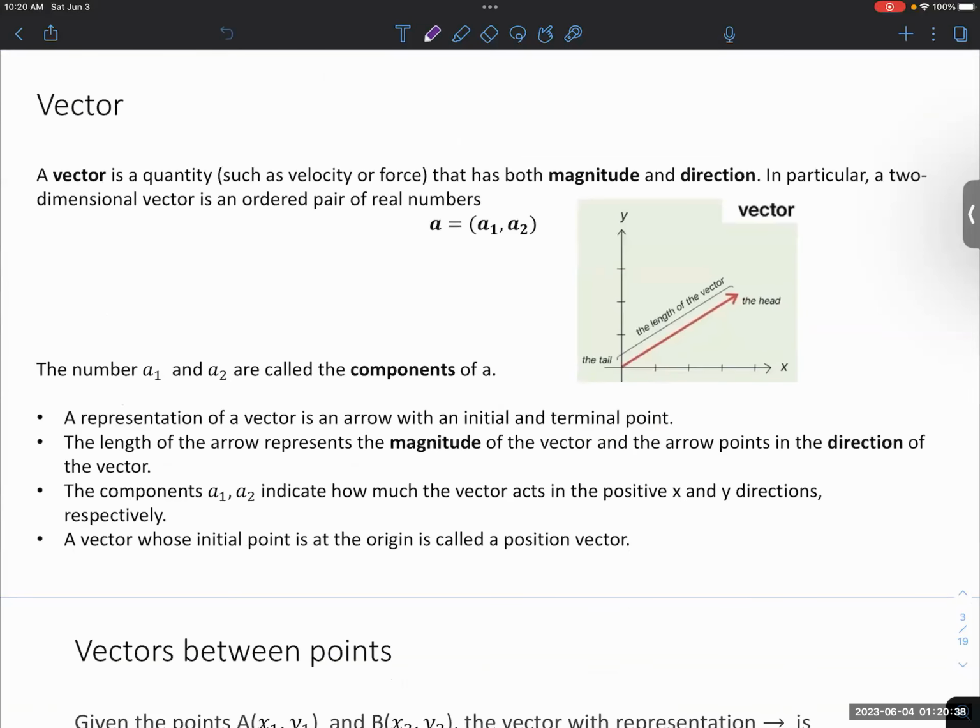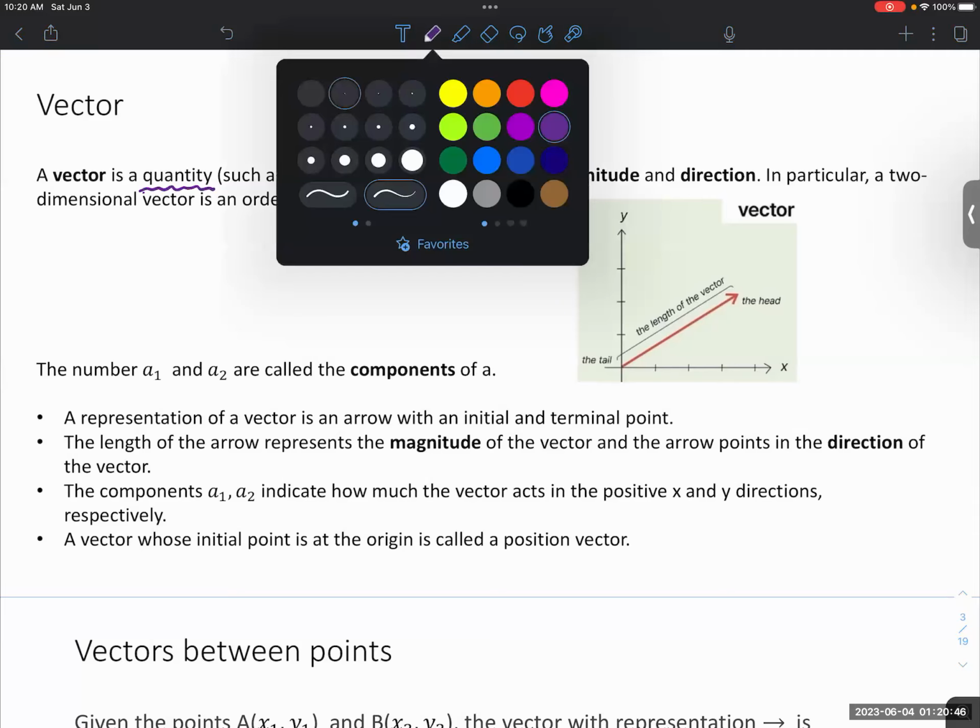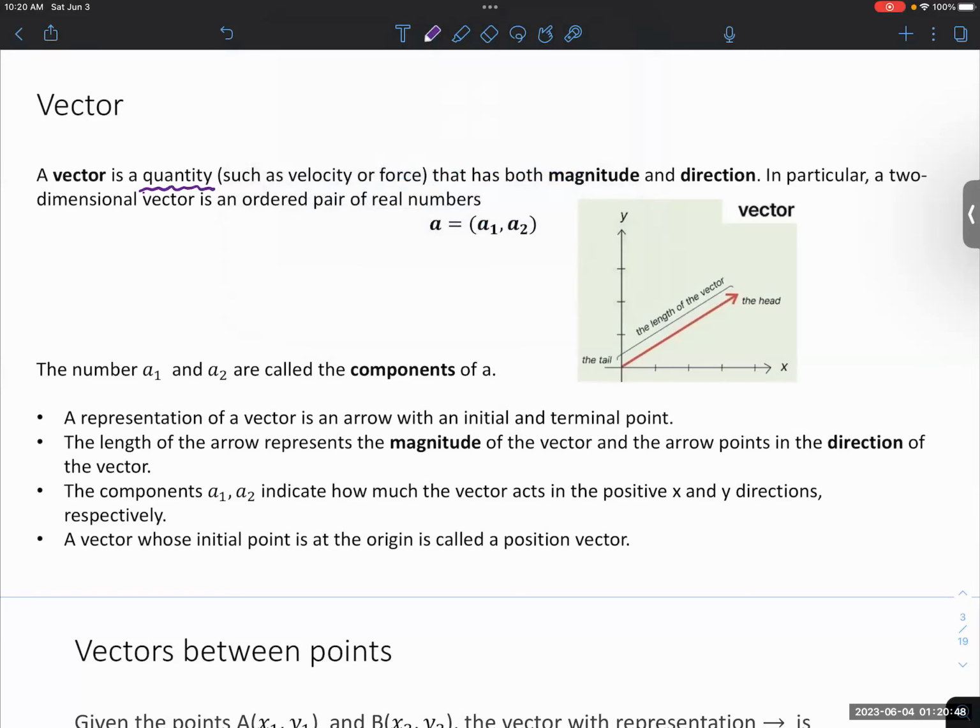So maybe you heard about vectors in previous math courses. So what is a vector? A vector is a quantity, okay? This is a quantity such as a velocity or force. You may hear about vectors in many physics concepts, but we're going to talk about vectors more mathematically, okay? So a vector in math